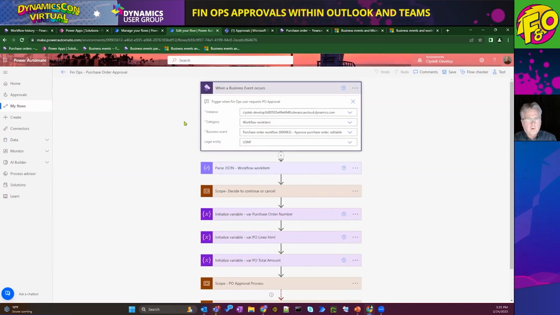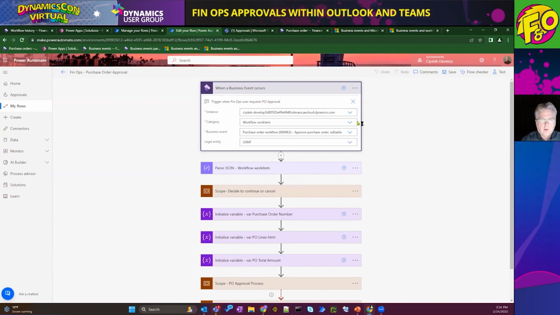So the first one is a FinOps action, when a business event occurs. These business events are set up within FinOps, and we can take advantage of those to trigger based on those. And within this, we have to decide which instance of FinOps to use. We have to pick the workflow work item category.